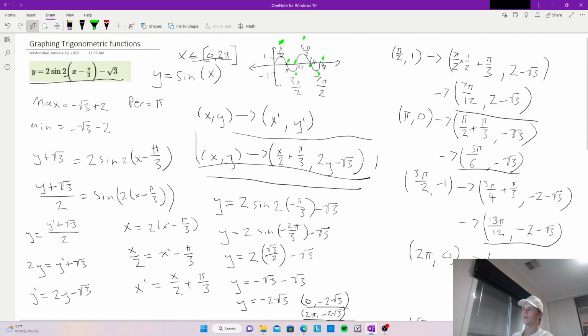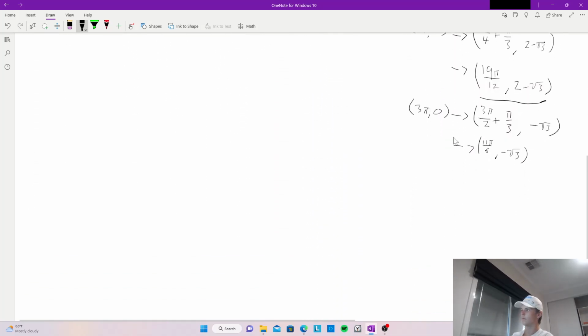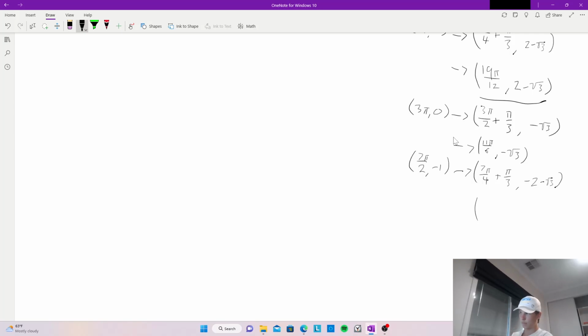Alright, then we've got our last value to plug in. 7 pi on 2, negative 1. Which gives us 7 pi on 4 plus square root 3 and negative 2 minus square root 3, which will give us 12 over